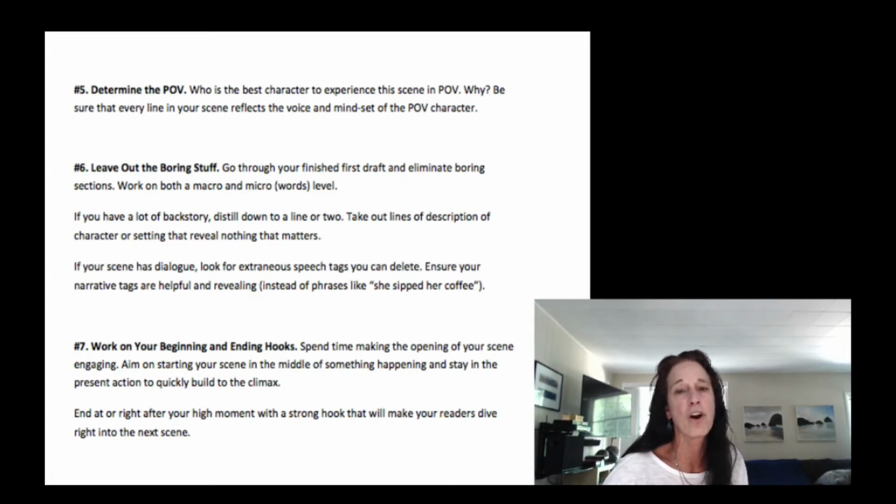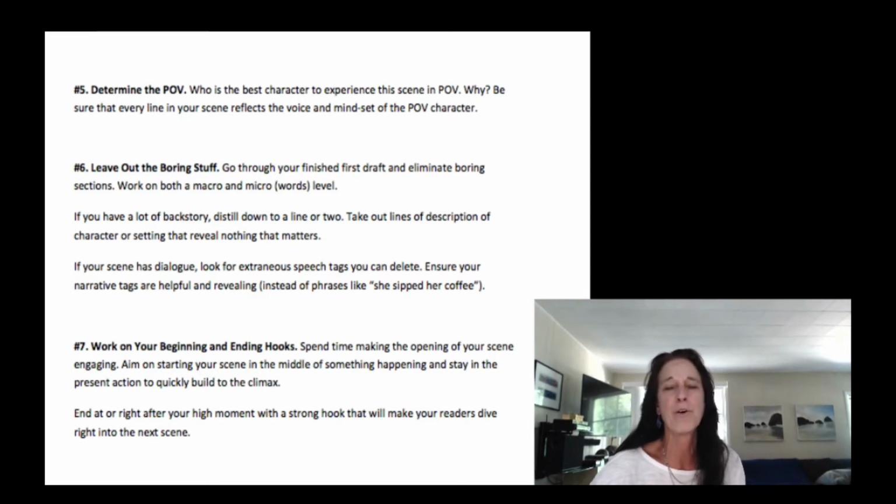Don't ever just start explaining something about how your character went to high school in Indiana, and he was top of his class, and then he went on to college and decided to become a quarterback. If that has nothing to do with the moment, if the character is not suddenly coming across his award from when he was in college, or his valedictorian speech notes from when he was in high school, what's the point of bringing that out? And it doesn't fit the moment. It doesn't feel organic. And if any of that is not important to the story, don't have any of it in there, okay? Leave the boring stuff out. Leave the unimportant stuff out.